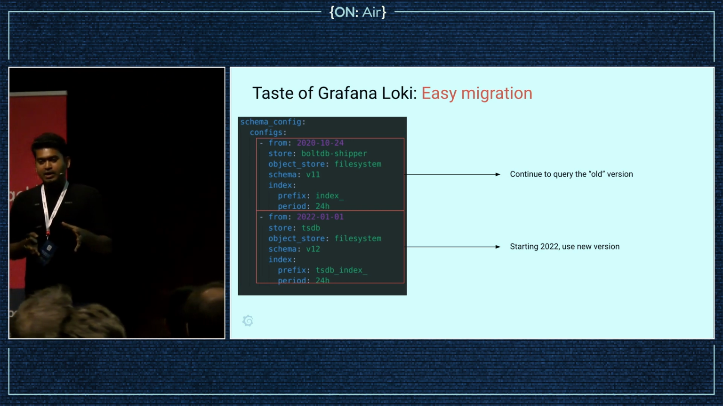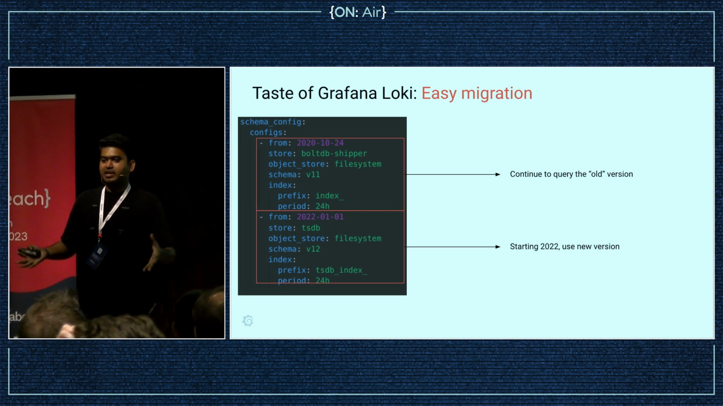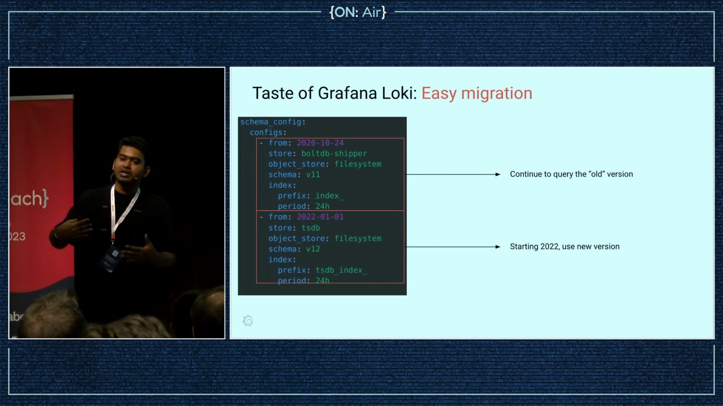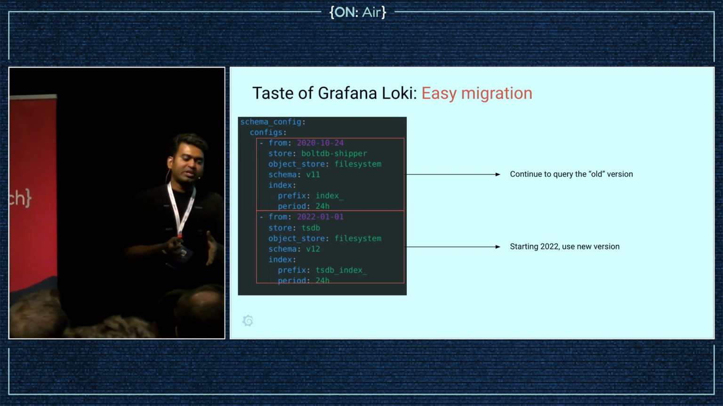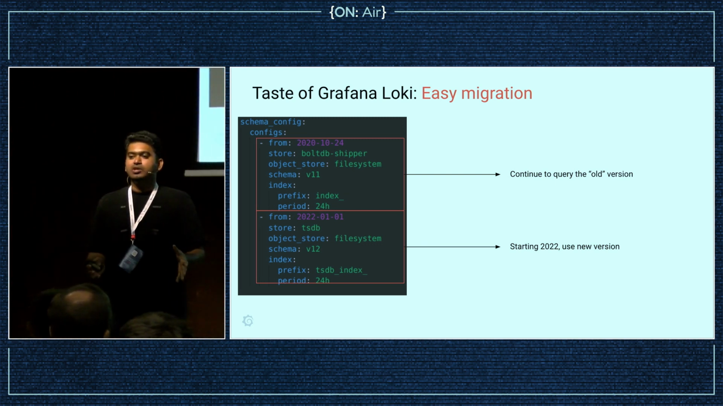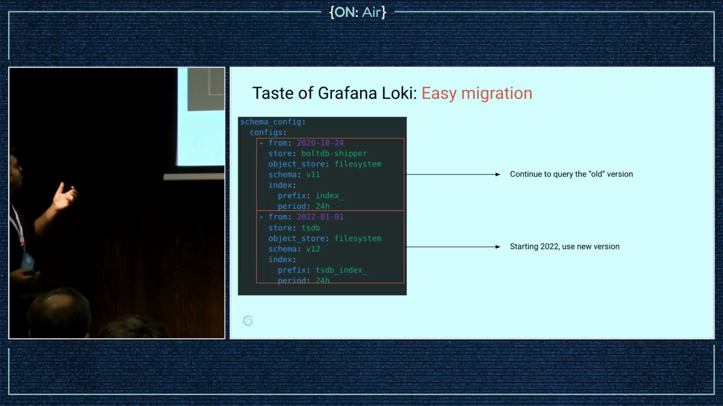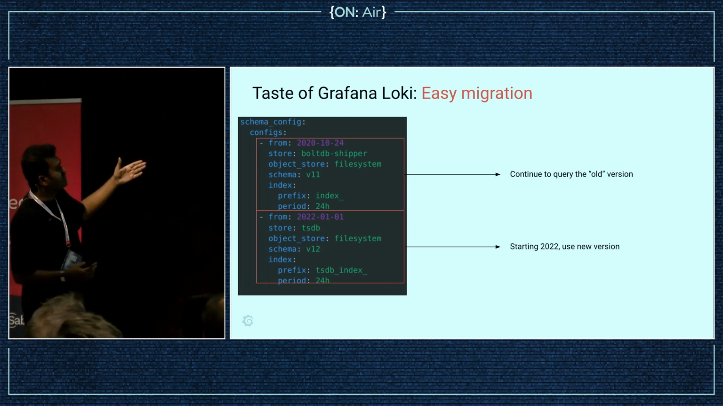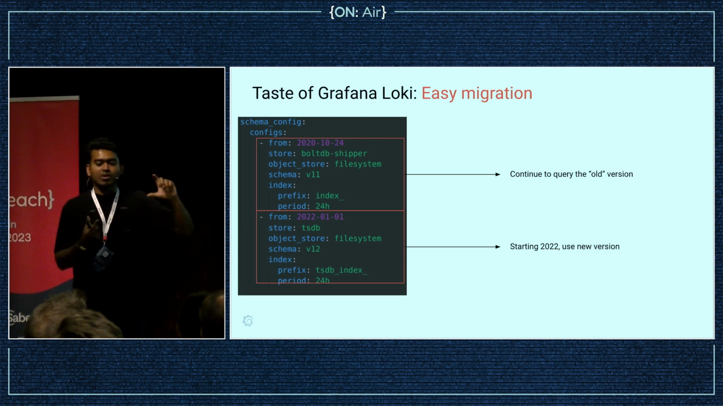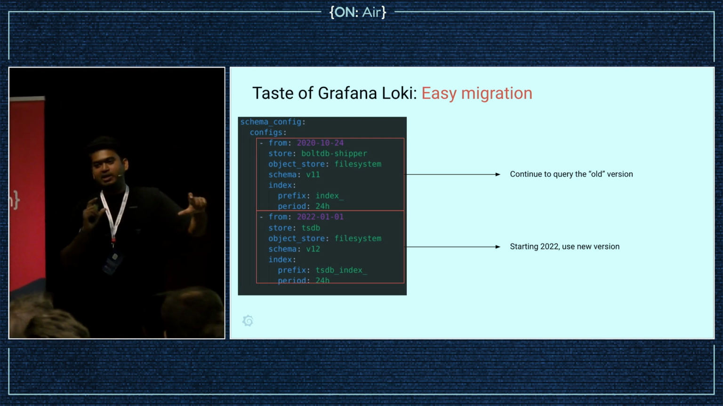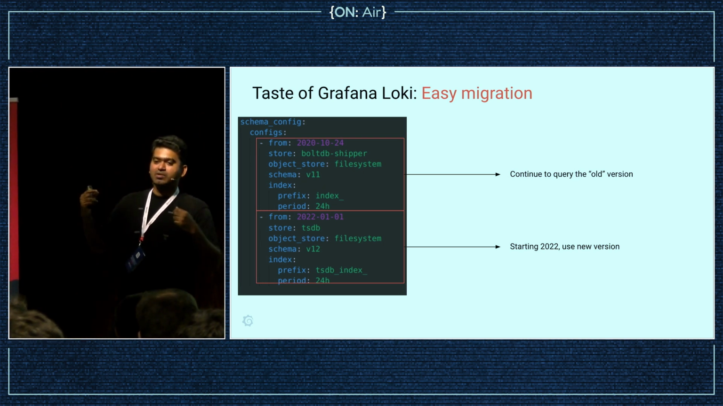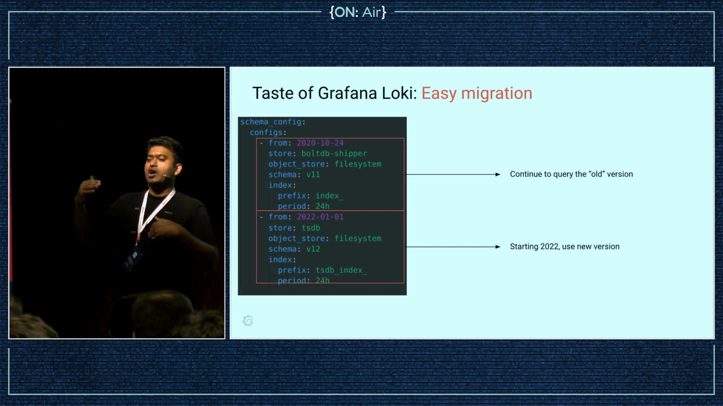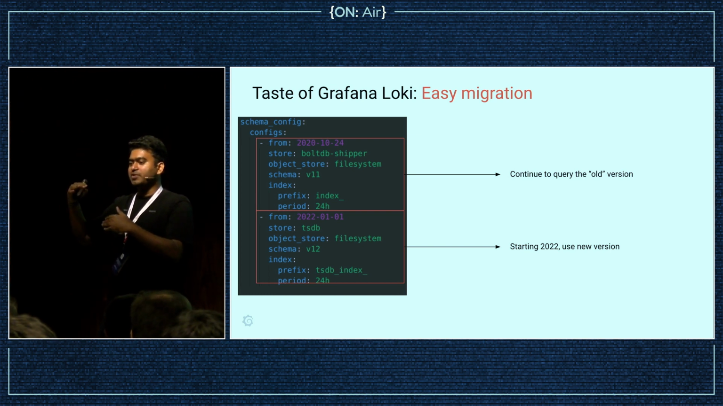So of course, Loki is a database at the end of the day, so it has its own innovation, like there is a feature coming out, but we also make sure it is backward compatible, right? So let's say in this example, we have something called schema version, V11 and V12. Whenever we do some optimization on the storage format or index or chunks, we increase this schema version